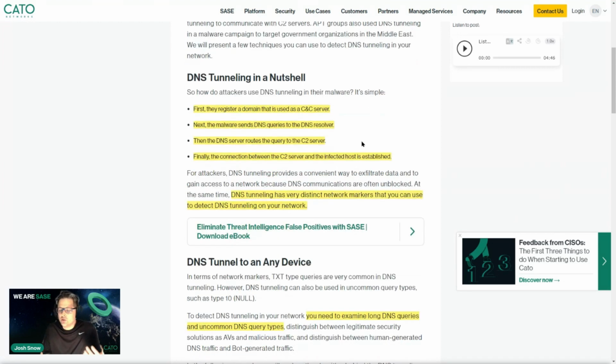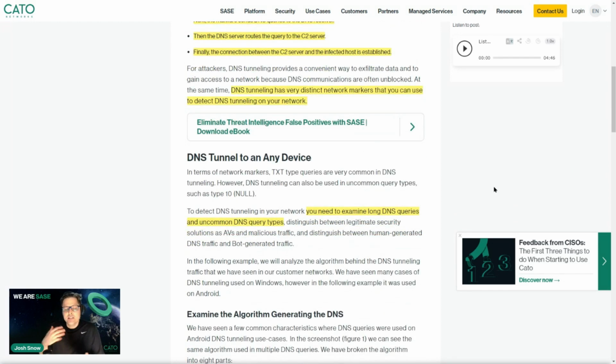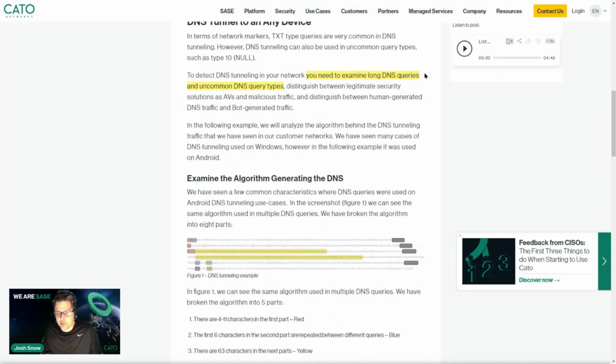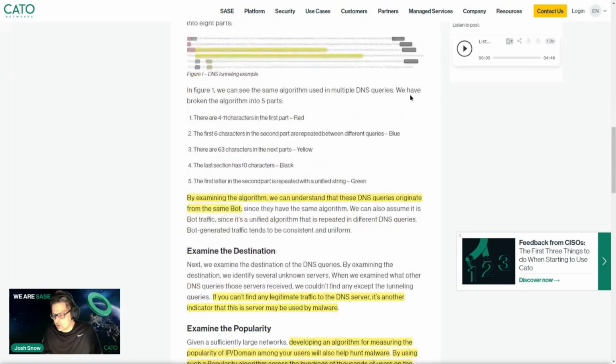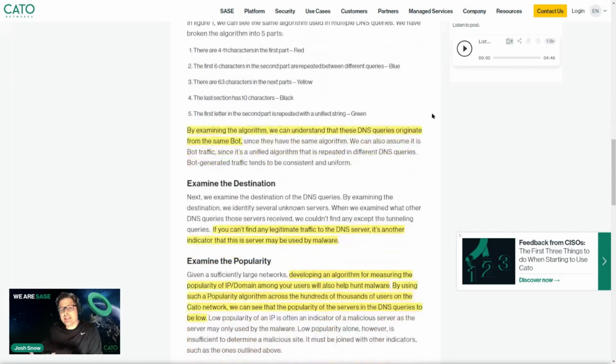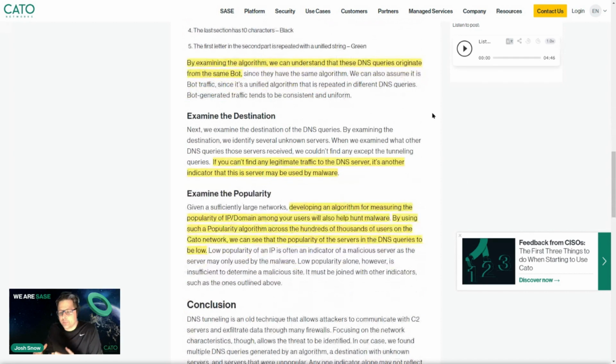So there are distinct markers that we're looking for on those. We're going to look at TXT type queries. We're going to examine long and uncommon DNS queries. We're going to look for things like domain generating algorithms, which I'll show you in the Cato client as well. And we're going to look at the destination, provide threat feeds, and look at the popularity of it. Is it strange that Josh's laptop or this application server is going to this DNS server when it never does, and it's using these abnormal DNS queries with text? So we're really using all the pieces of DNS to be able to bubble up those potential security threats